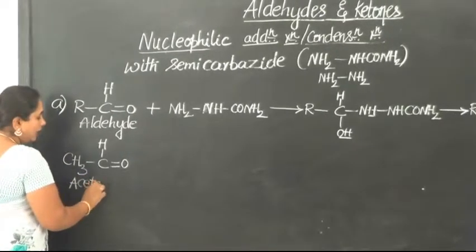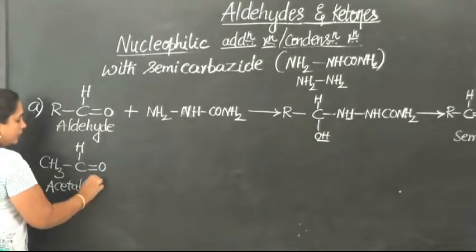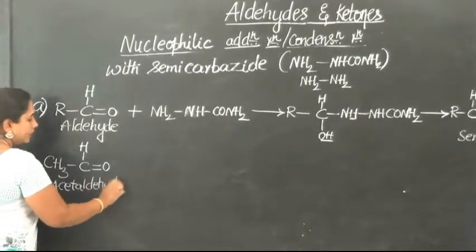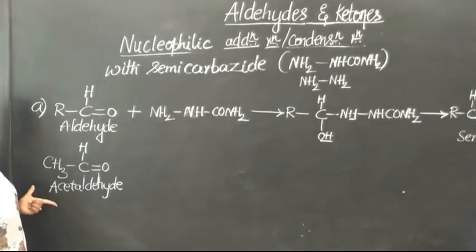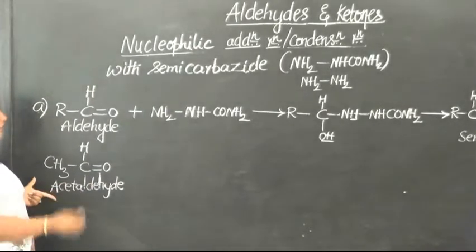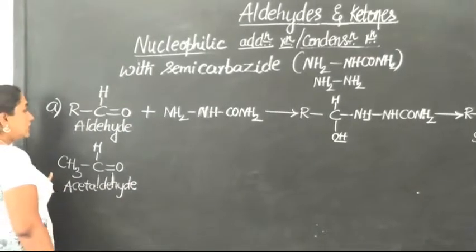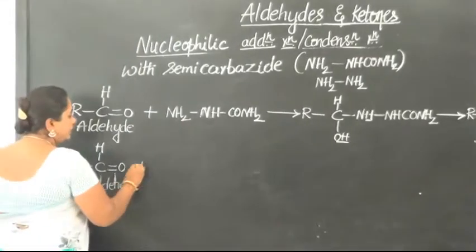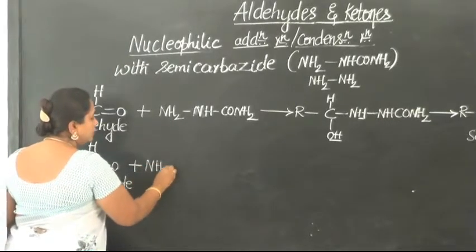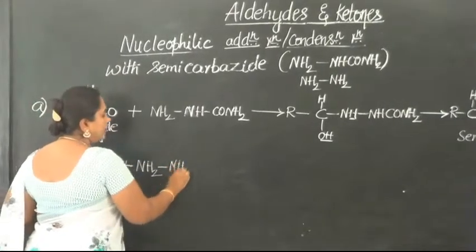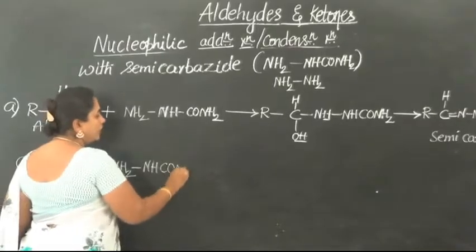Acetaldehyde is a simple aldehyde, easy for you to understand the concept. So in exams also, even if you write it with the example of acetaldehyde, you will get complete marks. Acetaldehyde, when treated with semicarbazide, NH2-NH-CO-NH2,